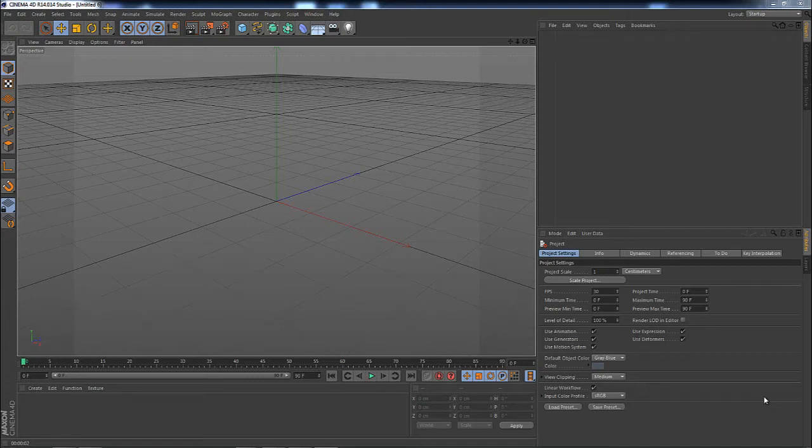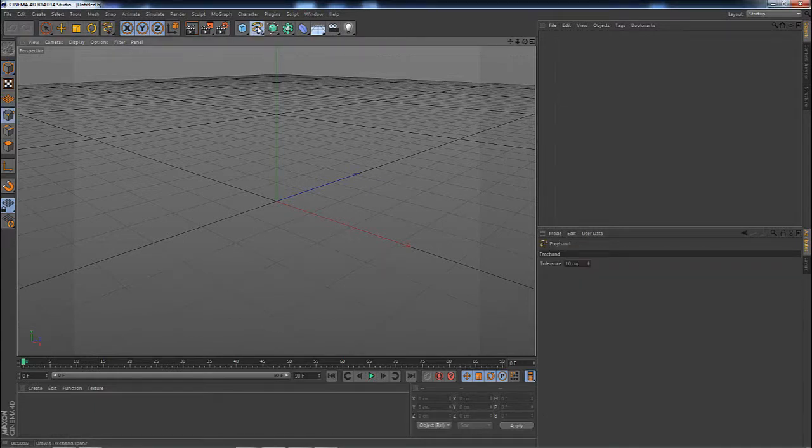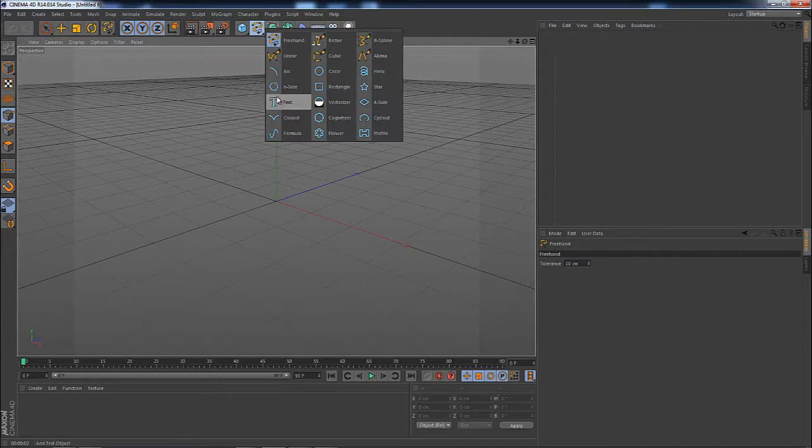Okay, so in this tutorial, it's a very quick, very simple tutorial on how to create some 3D text in Cinema 4D. So let's jump in and get started. Obviously I've already gone ahead and opened Cinema 4D, and the first thing we're going to do is go up to this object up here, and we're going to click and hold, and we're going to select